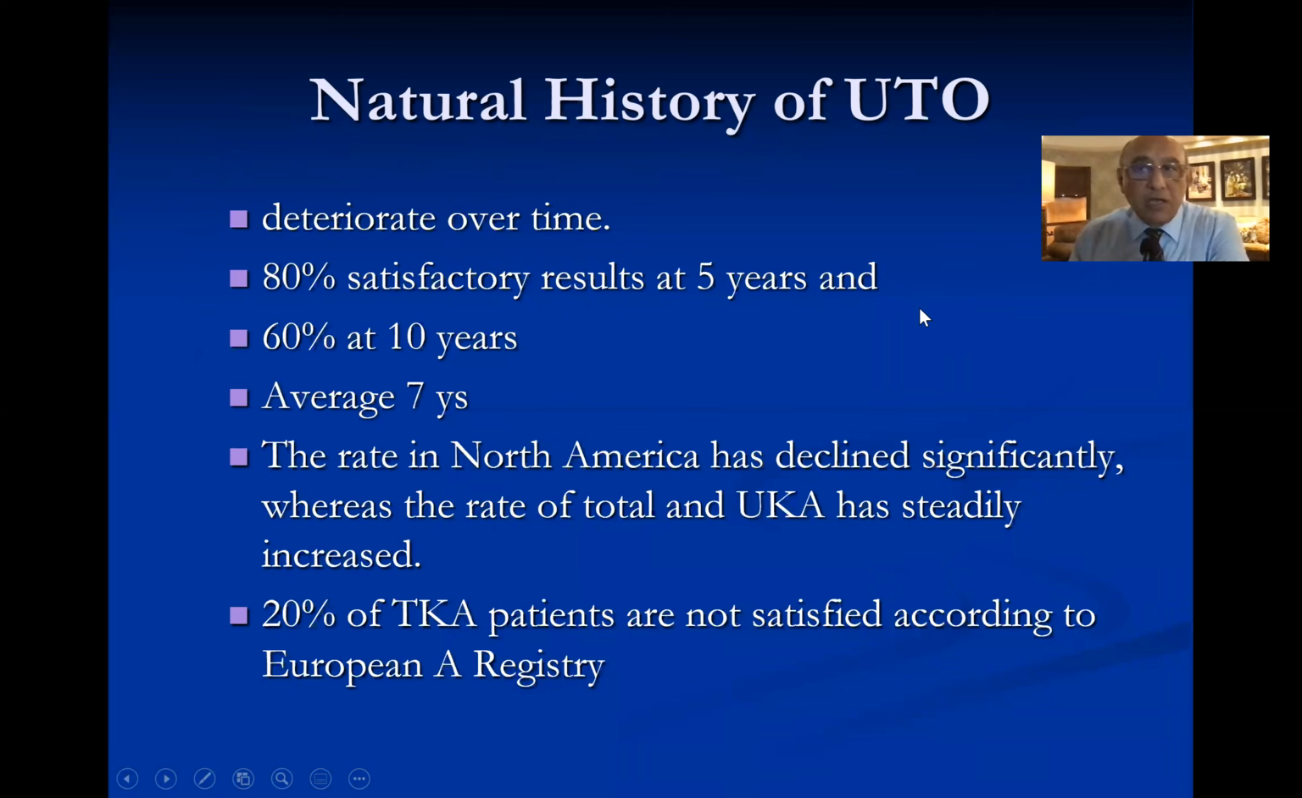But what about the natural history of upper tibial osteotomy? The opponents of upper tibial osteotomy say it deteriorates over time: only 80% satisfactory results at 5 years, decreasing to 60% at 10 years. Some reports give an average of 7 years before conversion to a total knee. The rate of upper tibial osteotomy in North America has declined because of this, while the rate of total and uni knees has steadily increased. However,